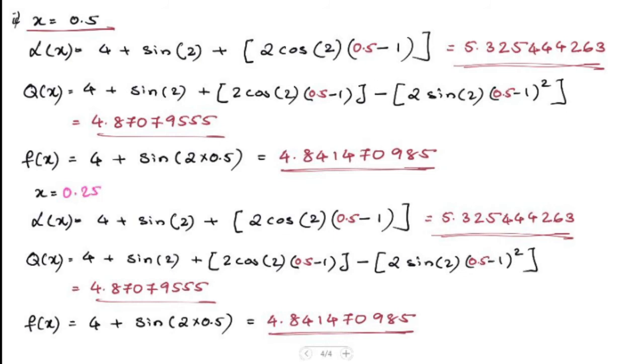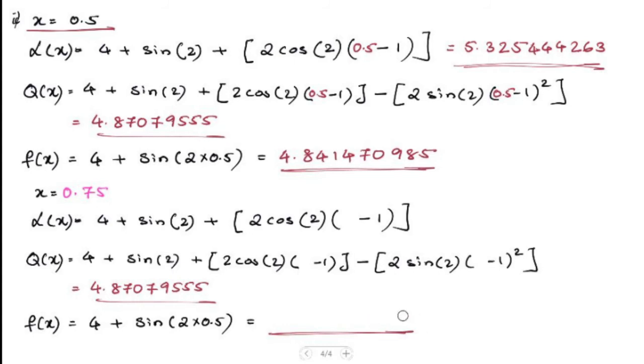No, sorry, not 0.25, 0.75. And then I'll replace all the other values. So here we'll replace it with 0.75, and we'll get a different number here. And again, we'll replace this with 0.75, and so on. That will give us different values here, and this too, 0.75. So now here we'll have 0.75,